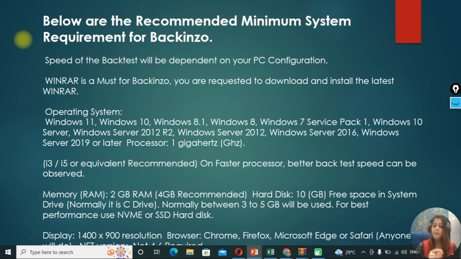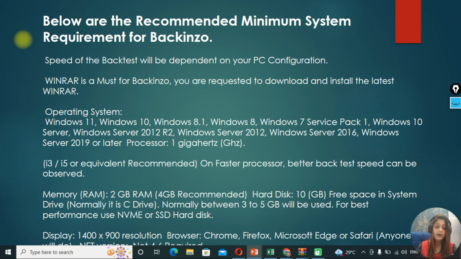Okay, normally between 3 to 5 GB will be used. For better performance, use NVMe or SSD hard disk. Okay. If you are using mobile data, then it will take around 1.5 GB of data. Okay, if we talk about the display, then a 1400 by 900 resolution is required.